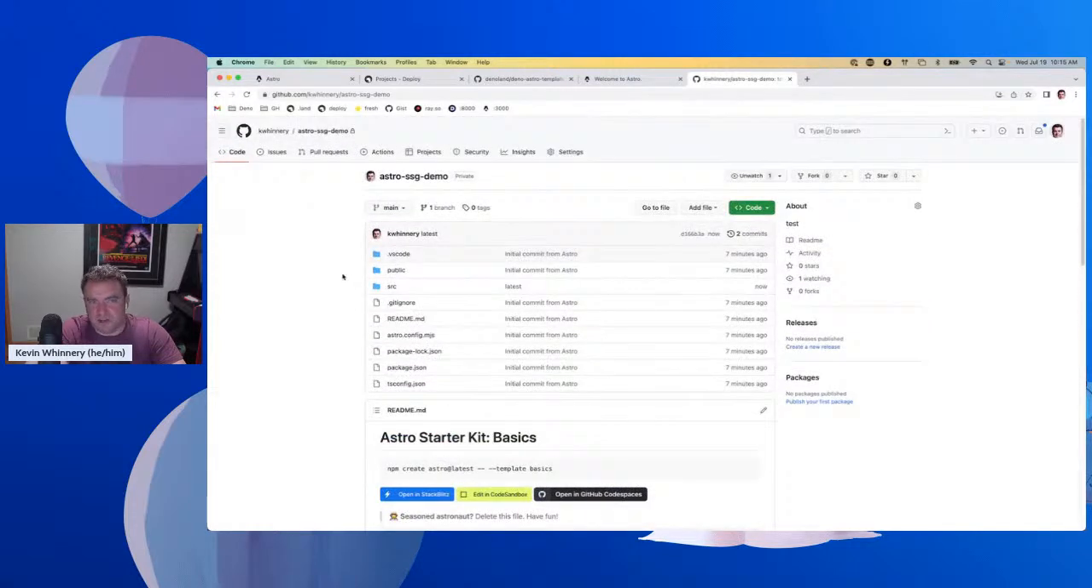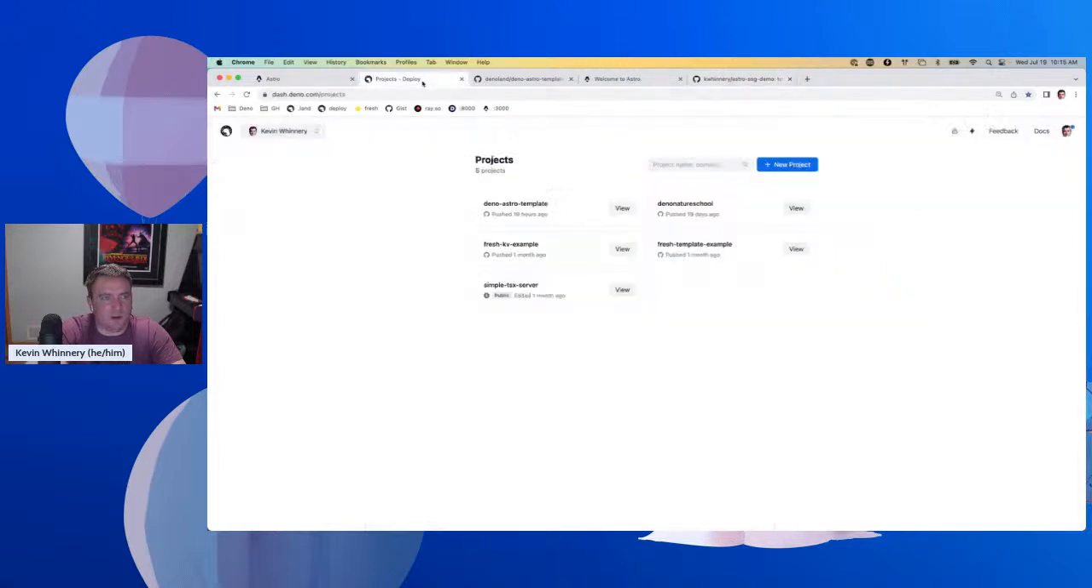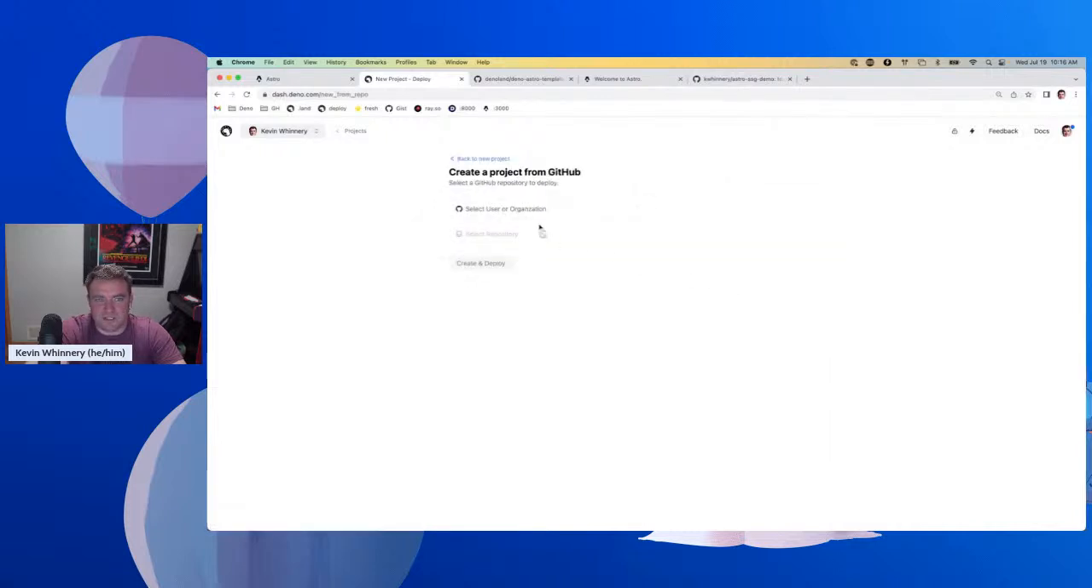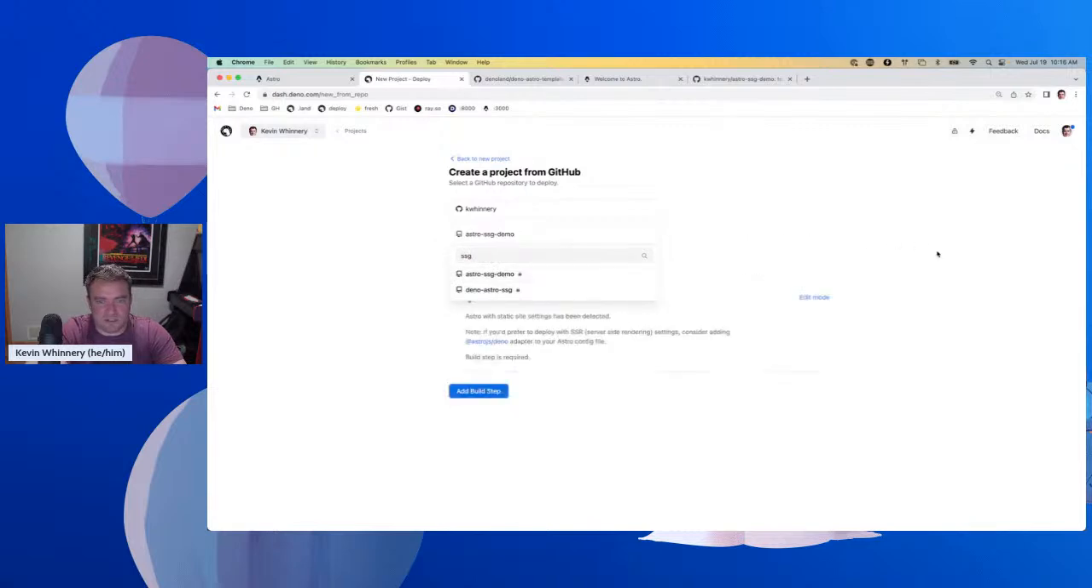Now it's a fairly simple matter to actually get this going on Deno Deploy. So if you sign up at deno.com for Deploy, you'll sign up with a GitHub account right now. You'll end up with a dashboard that looks kind of like this one and hit new project. And in our case, what we want to do is deploy this template application from a GitHub repository we already have. So I'm going to say select a repository. There's my username, and I'm going to select the Astro SSG demo, which I believe is the repo that we